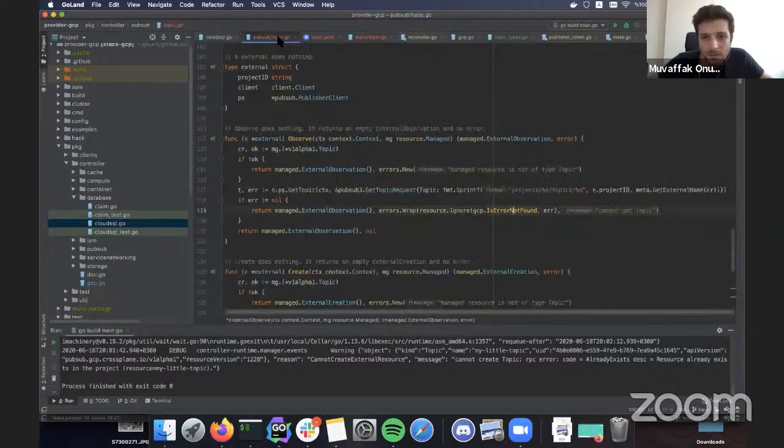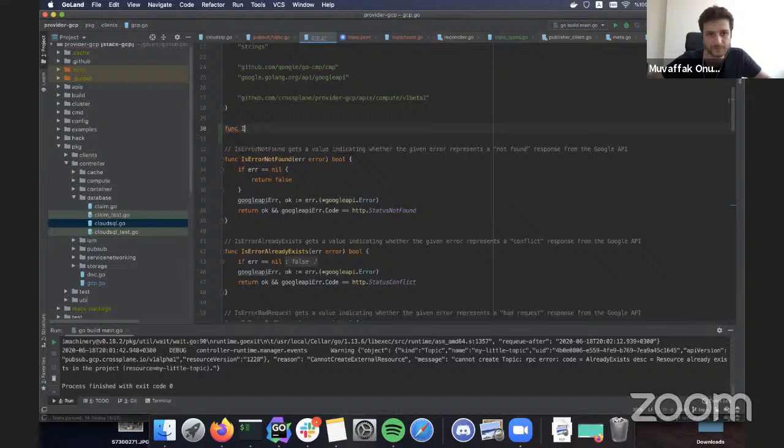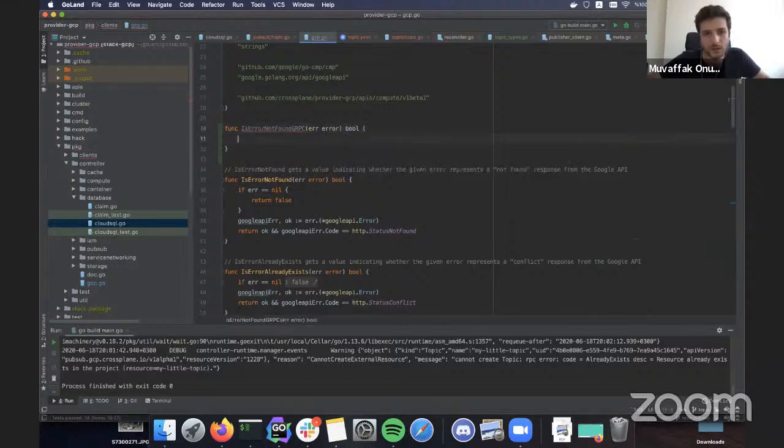Okay, I'm lost here. Okay. So I've implemented a similar thing, but for the gRPC protocol. Not found gRPC. So it's going to be similar.